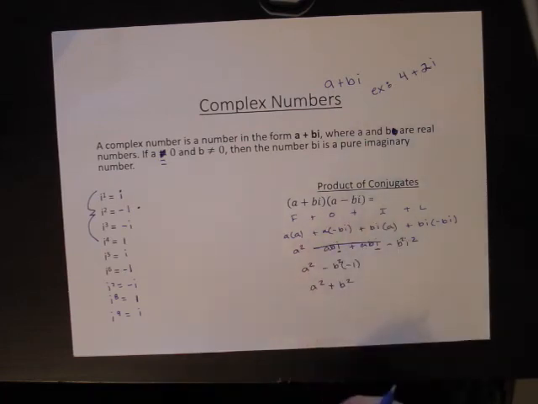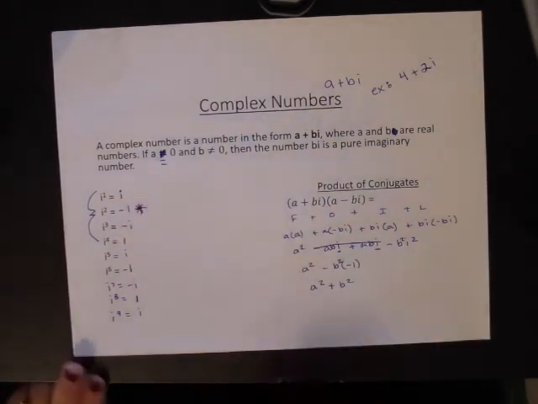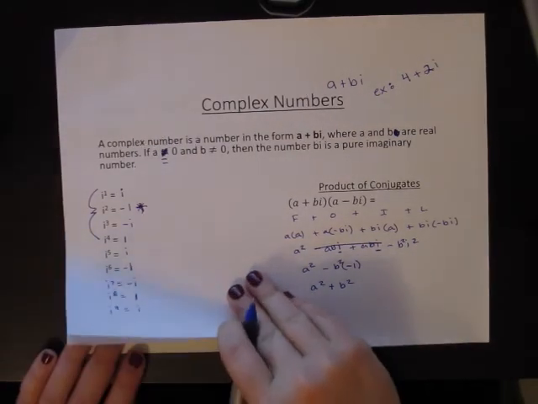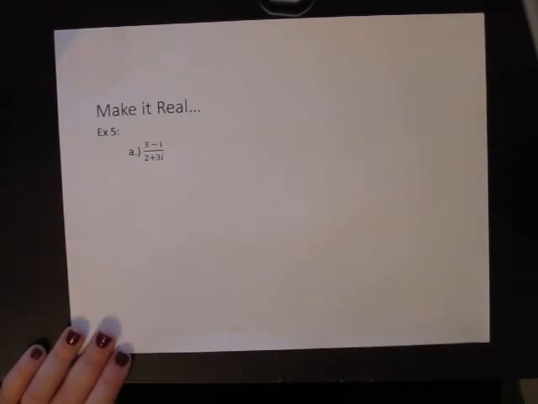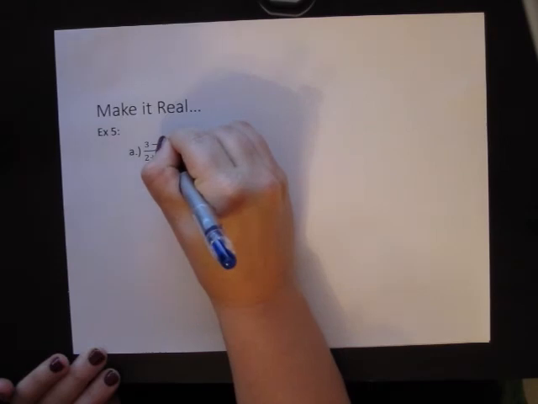Okay, so this is the proof behind it, but what you need to know is that whenever you see i squared, you need to replace that with a negative 1 and clean it up. So let's make it real. If I have (3 minus i) over (2 plus 3i),